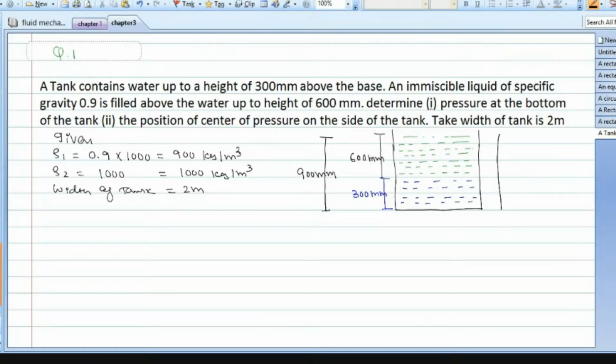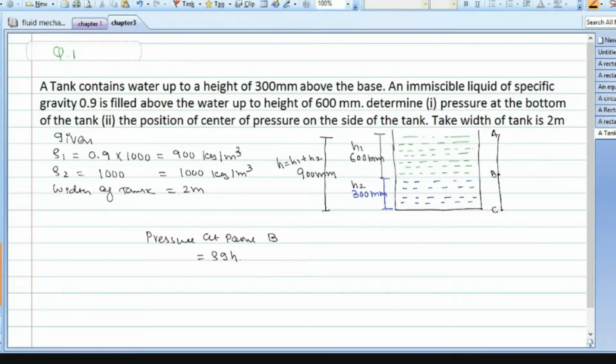We have to plot the pressure diagram over here. I'm taking the height of this diagram as 900. Let's say I'm giving the point A. The interface between the first liquid and second liquid, I give the point B. At the bottom I give the name C. So first we calculate the intensity of pressure at point B, from A to B. Let me write pressure at point B equals rho G into this. Suppose I'm giving the name H1, this is H2, and this is the total H, which equals H1 plus H2.